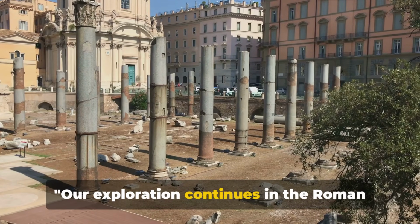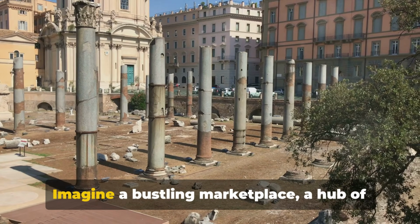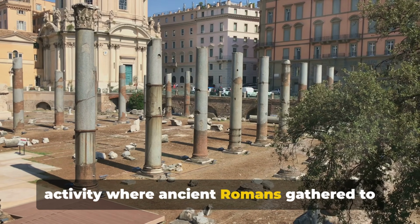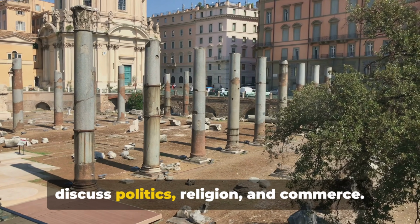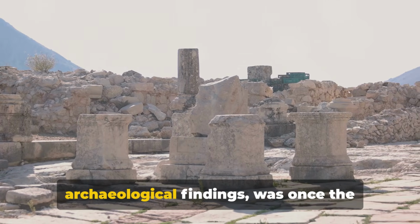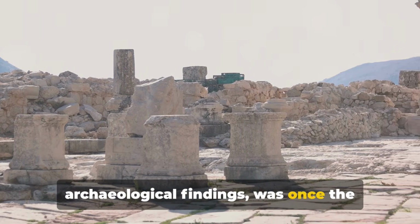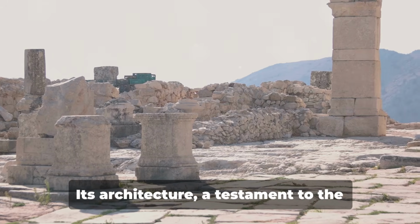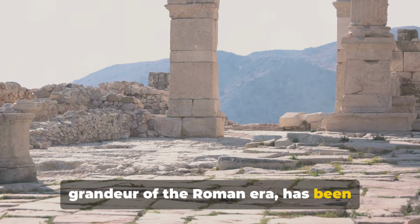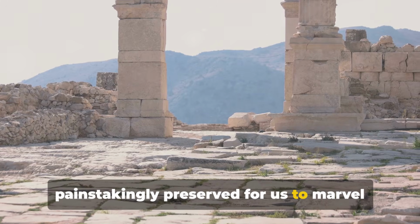Our exploration continues in the Roman Forum district. Imagine a bustling marketplace, a hub of activity where ancient Romans gathered to discuss politics, religion, and commerce. This district, now a treasure trove of archaeological findings, was once the epicenter of Roman life. Its architecture, a testament to the grandeur of the Roman era, has been painstakingly preserved for us to marvel at